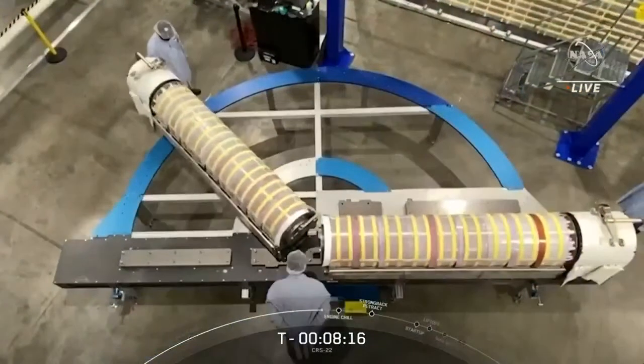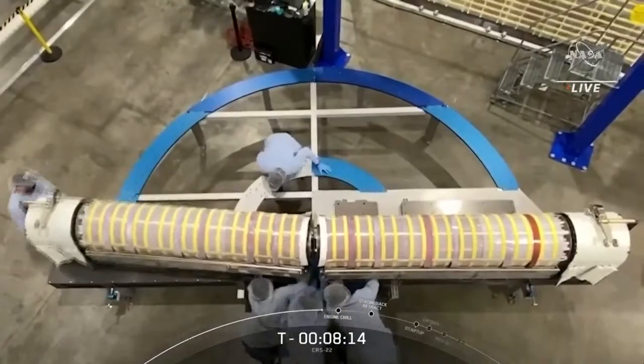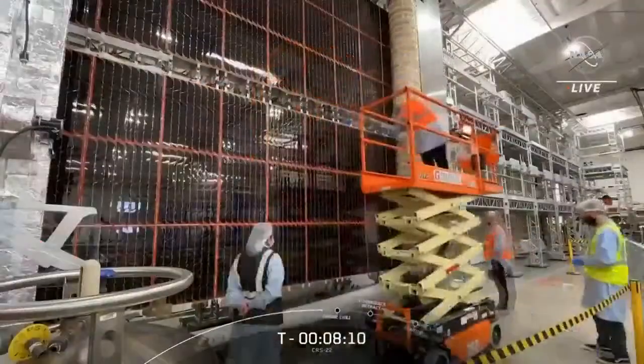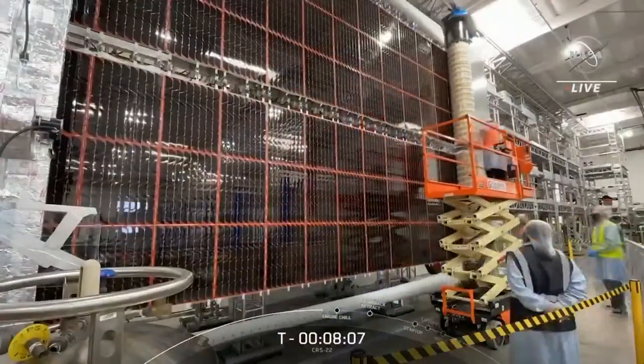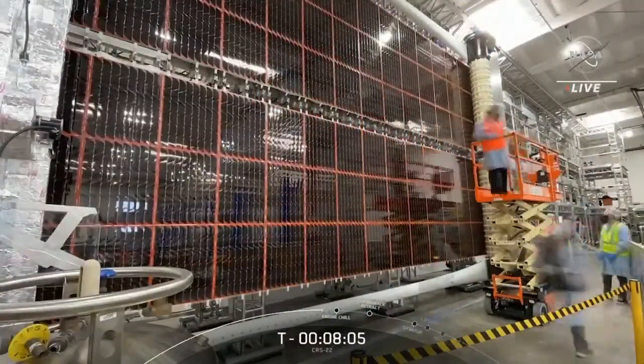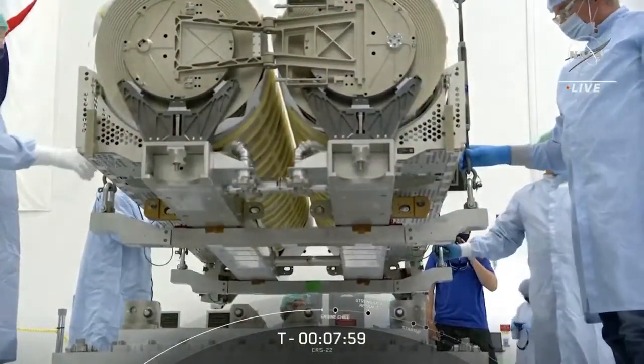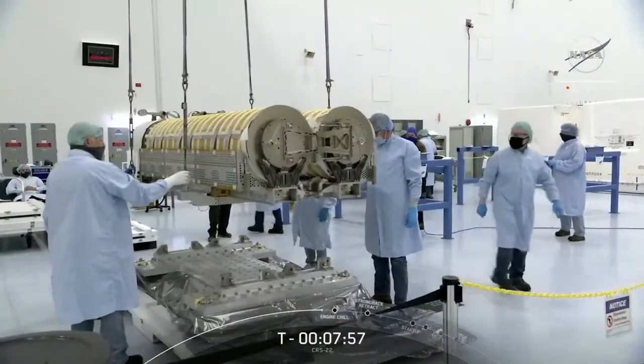Now, you heard Courtney just mention the new solar arrays again. So let's take some time to go more in depth about those because they're really important to the station and what happens there. Take a look at your screen now. This is the first pair of the new Boeing-made ISS rollout solar arrays known as iROSA. They are made up of compact panels you see there that roll open like a huge yoga mat, 63 by 20 feet each. Here they are inside the space station processing facility at the Kennedy Space Center before being packed